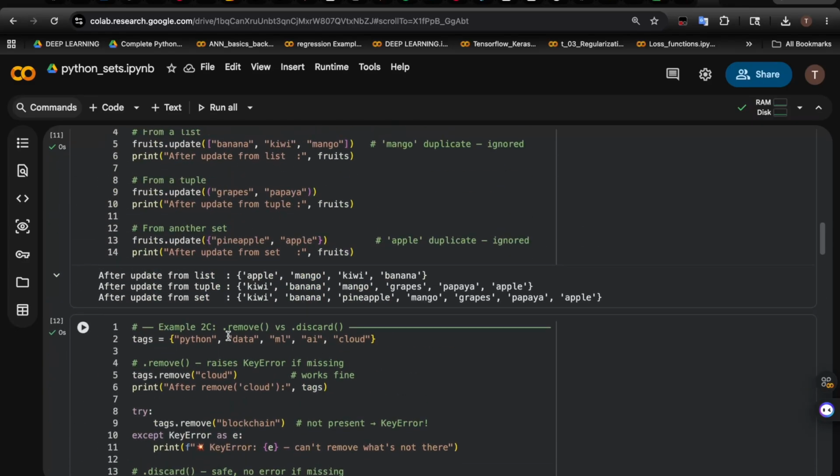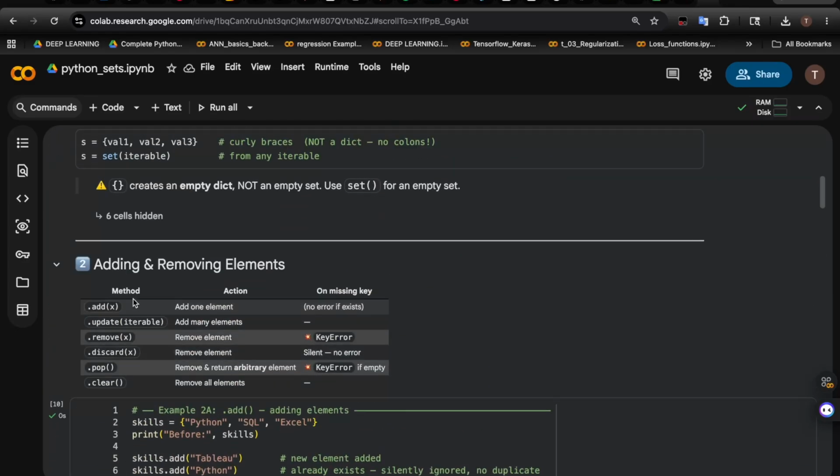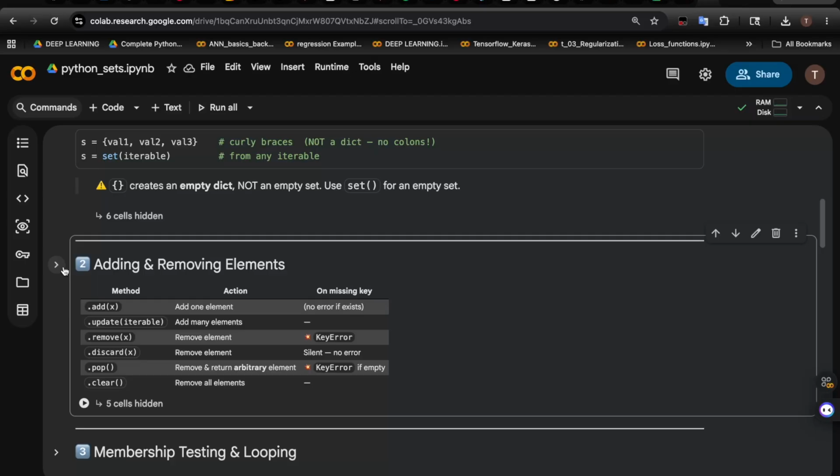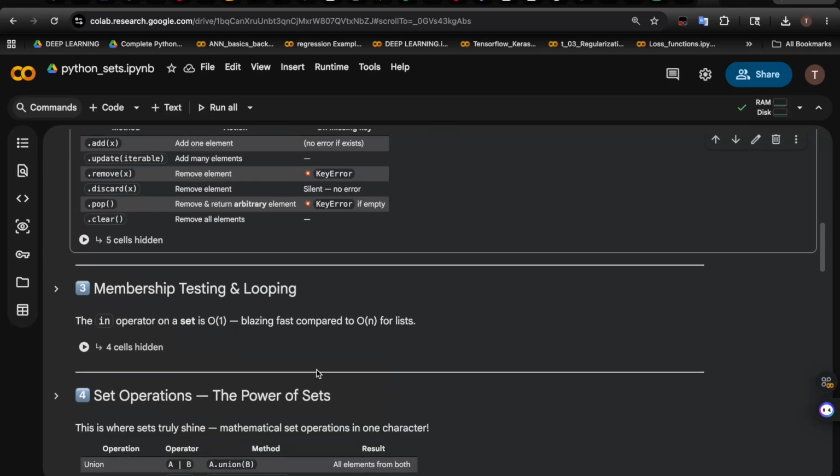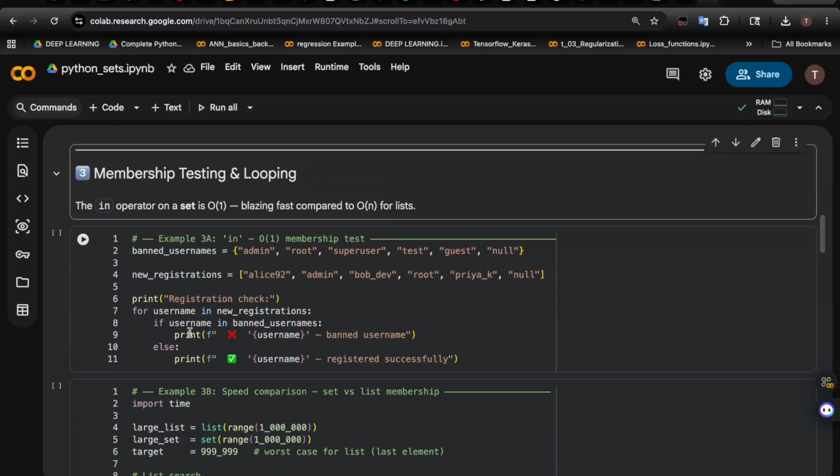Okay, so we are done with the adding and removing elements part. Now we discuss membership testing and looping. Again, the membership operator is something that I discussed a lot in list and tuple already, so you can check that out. But today also I'll discuss it, maybe not in the detail that I discussed previously, because I think I have discussed this multiple times in a detailed manner. So yeah,